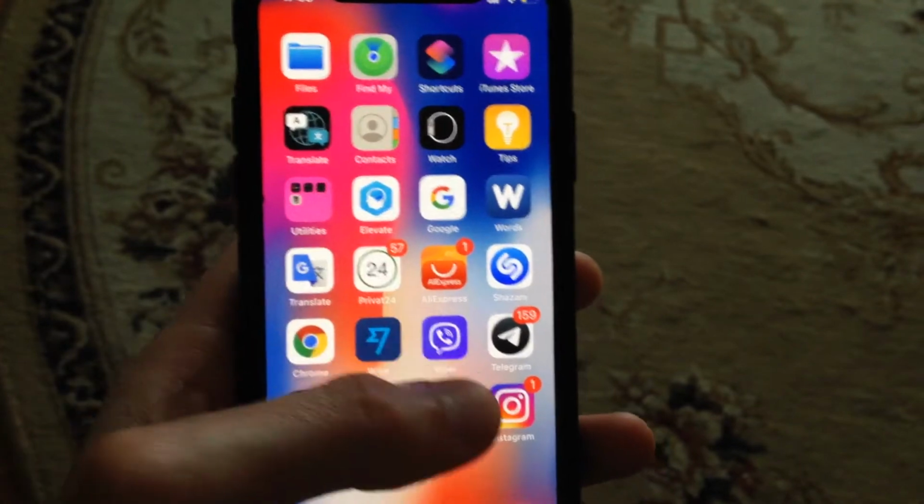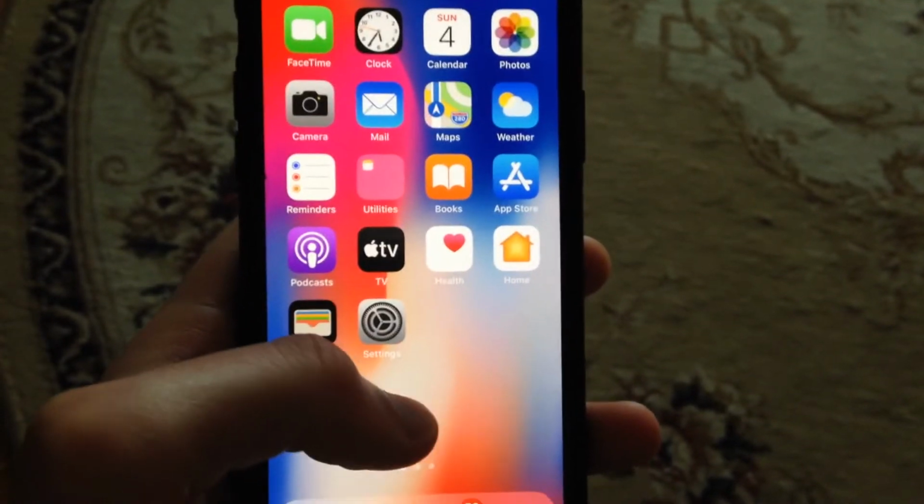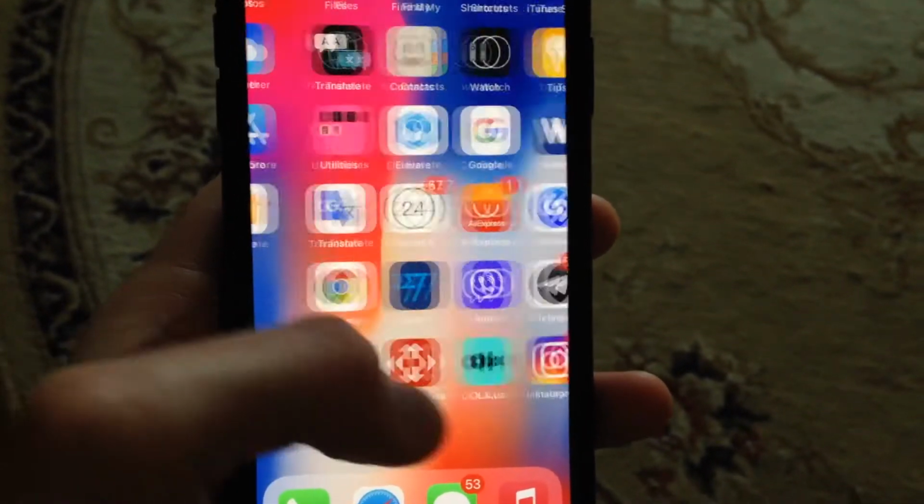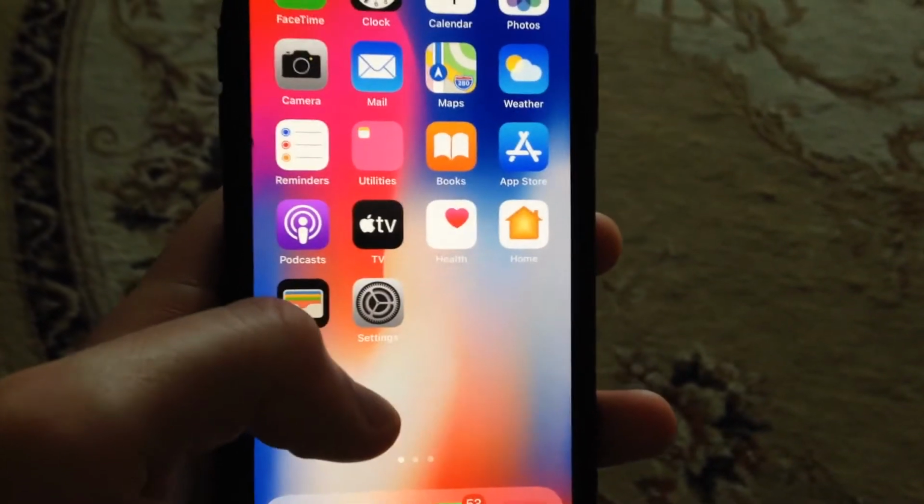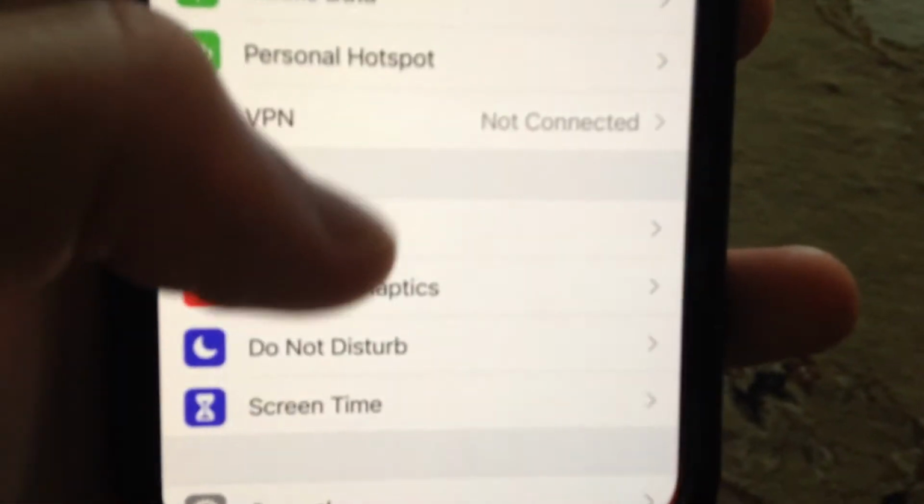So if Instagram is not working on your iPhone, here is how you can fix it. First, try to close your Instagram app and open it again. And if it doesn't help, go to the settings, and in the settings you need to check your